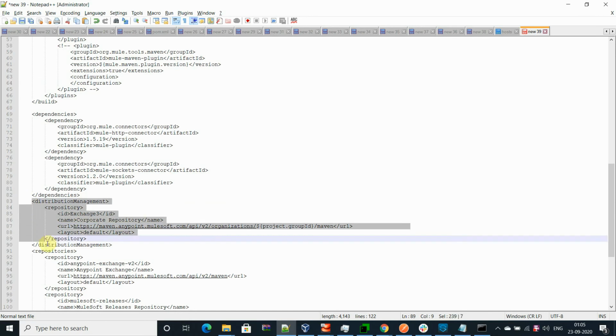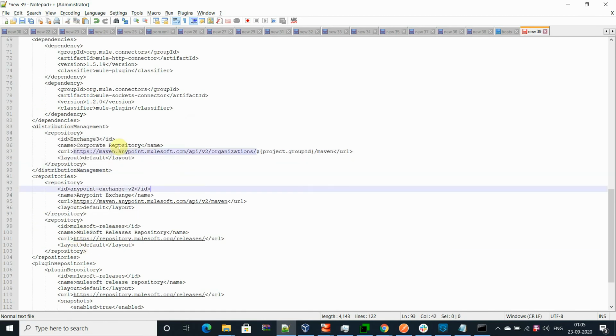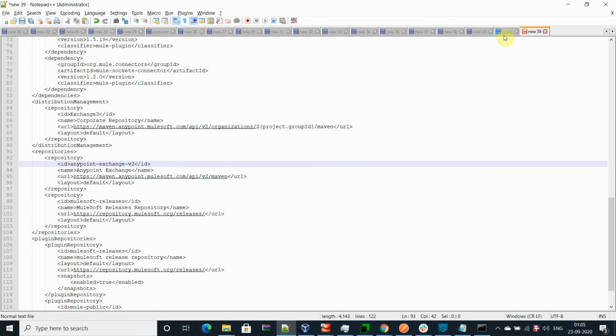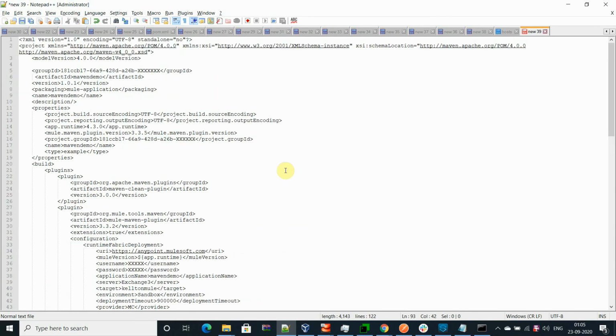Apart from that, distribution management is an important part. And then you have to perform two commands: first release, to publish in Exchange, then the deploy command to deploy in Runtime Fabric, okay?